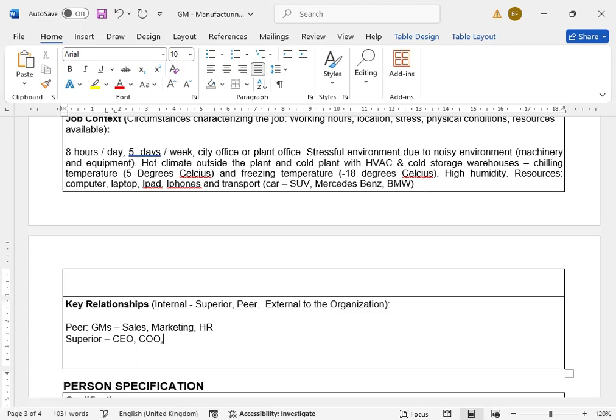I don't know if the CFO is a superior. In some companies they are superiors, but in other companies they are just peers. So I'm not going to include that. And for external,